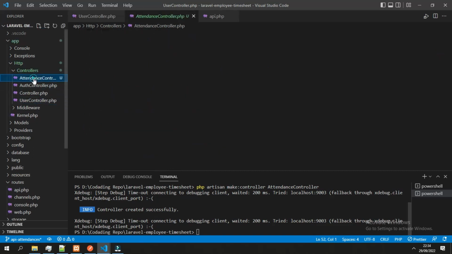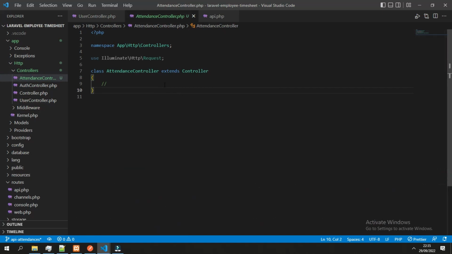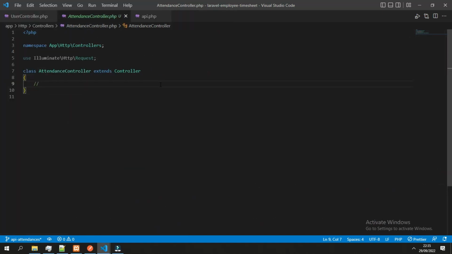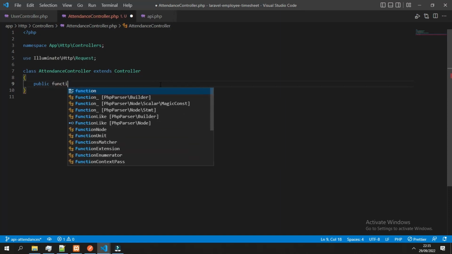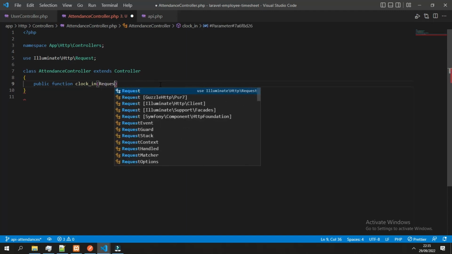Let's look inside it. The first API is the clock in, so let's create the function public function clock in with expecting a request object.